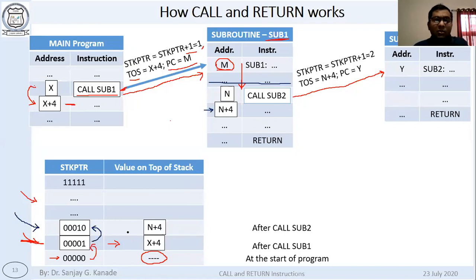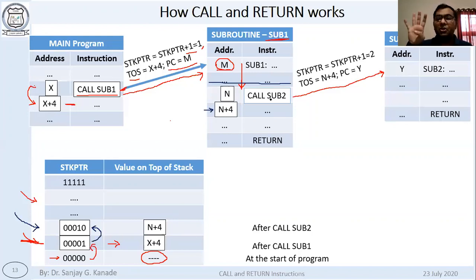Means at this 00010 location in the stack, n plus 4 is written. N is the address of this call, n plus 4 will be the address of the next instruction.